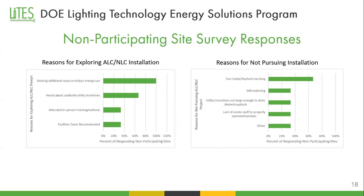A couple of these sites had heard about the advanced lighting controls through either trainings they attended through our program or contractor trainings, or they had someone on staff that recommended the installation of the project. In regards to reasons not to pursue a system installation, we learned that for the most part, it was payback and costs to install the system, costs either falling beyond their payback criteria or return on investment criteria internally, even with utility incentives not driving down those costs enough for them to put them over the fence to install